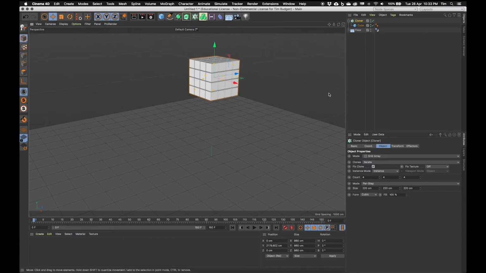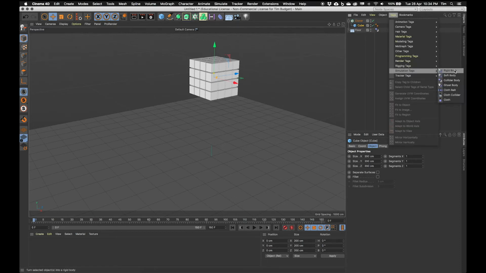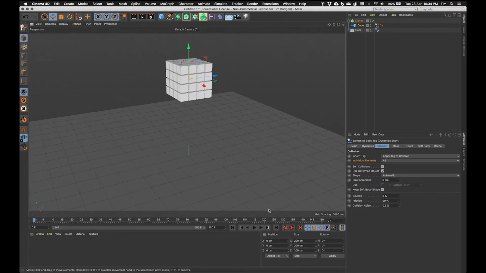Okay, so there's 2 ways that we can set up rigid body dynamics on the MoGraph system. So one is to just put a rigid body tag on the cube itself. This is the object that gets cloned by the cloner, so any tags on this will also be cloned. So let's try that for a starter and see if that works. So I'm going to select that cube, go to tags, simulation tags, add a rigid body,